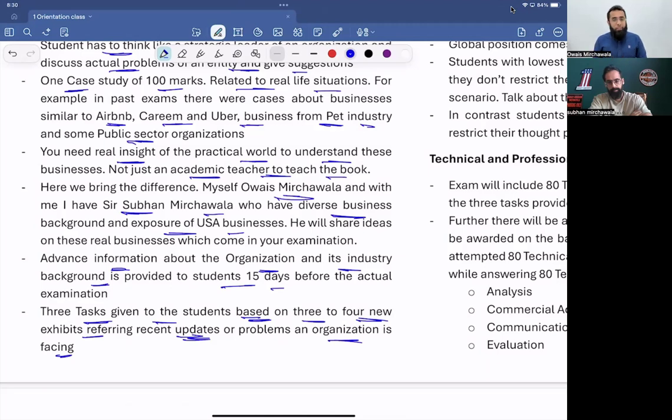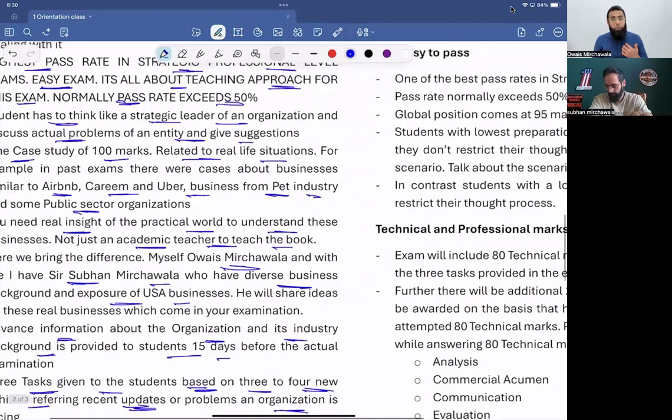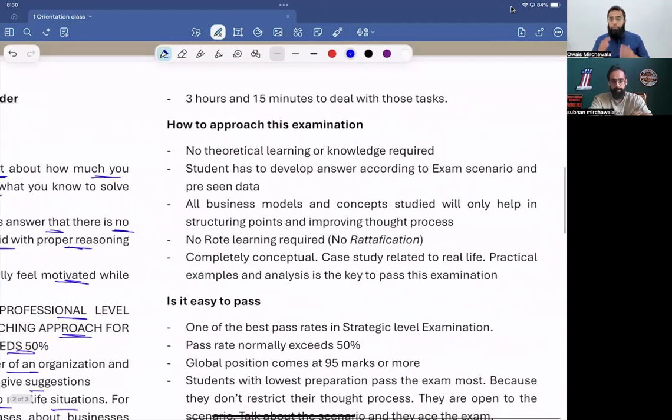Just think like a business owner who can have a lot of business problems, which you have to understand during the course by having all of the discussion. 3 hours and 15 minutes to deal with those tasks. Now, when you talk about this examination, the examiner has made it very clear that I am not interested in